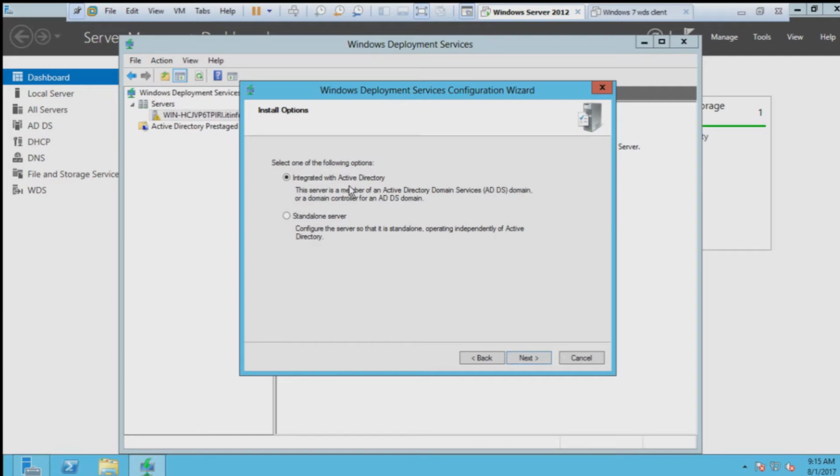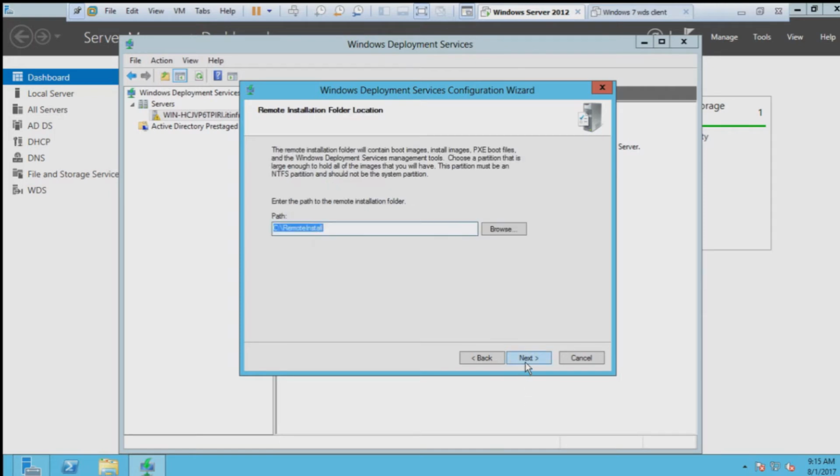So I'm going to add this by Active Directory, and this also defines that if I select this feature, then the client machine will be automatically added to the domain. We don't need to add the system to the domain after the installation, and it will automatically add the device in the domain. So I'm going to click this, and now